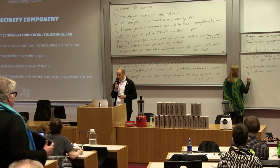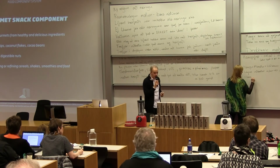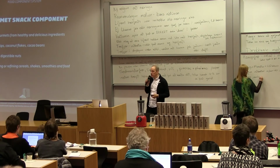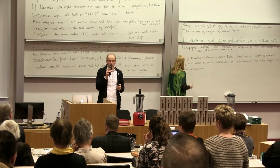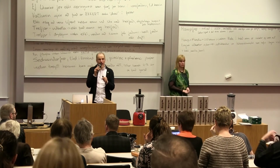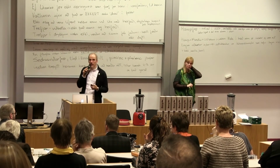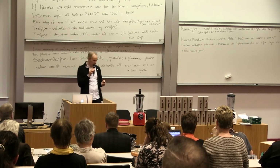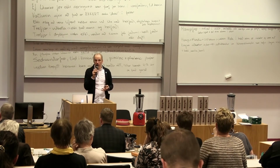And the last category is the snack component. Because we thought, how cool would that be to change the snacks a little bit from the cravings we all have for some sweets to some more healthy stuff that delivers antioxidants, vitamins, good fatty acids, and all these kind of things. So in the gourmet snack component, you will find some blends that are really healthy, like